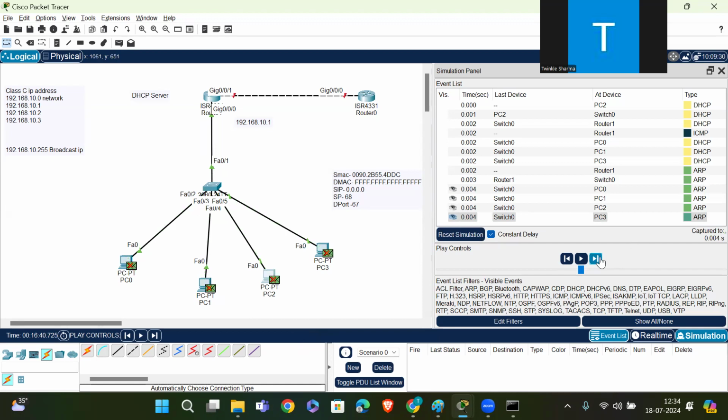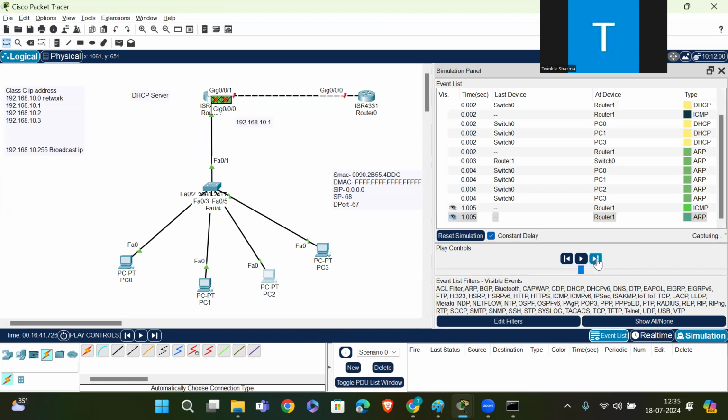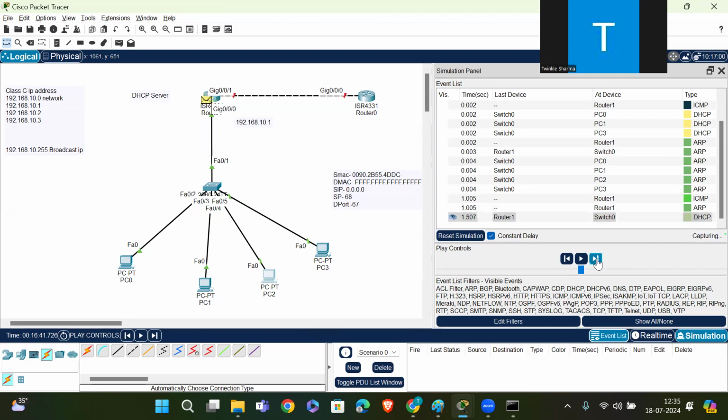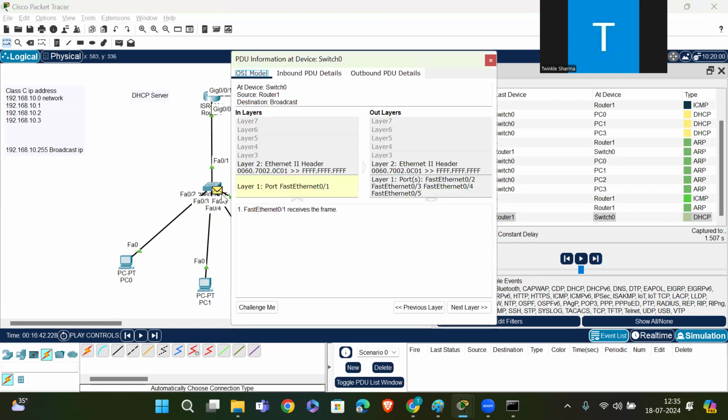No, so here this IP is not available, right? Then again it goes, an ICMP message is generated. Then we have the offer for the PC. This is the offer message for the PC.